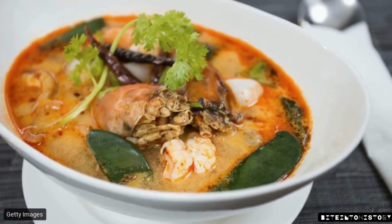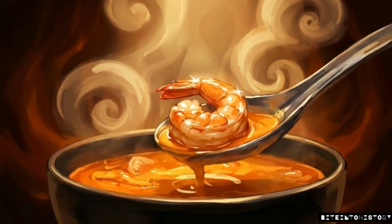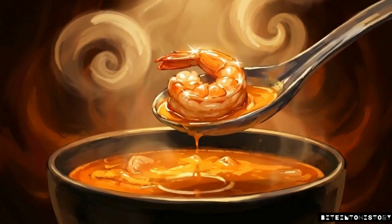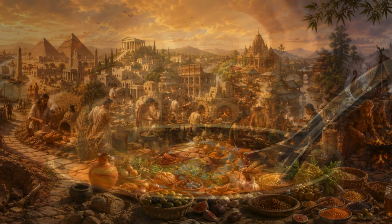In 2024, this continuity was recognized by UNESCO, which added Tom Yum Goong to the representative list of the intangible cultural heritage of humanity. The physical city of Ayutthaya was destroyed, but the technical knowledge of the Siamese kitchen remains visible in every bowl. Listen to the rhythm